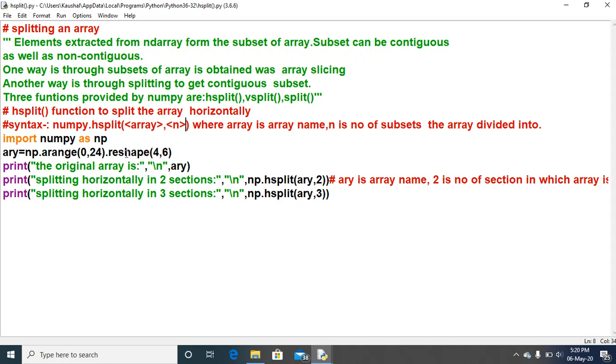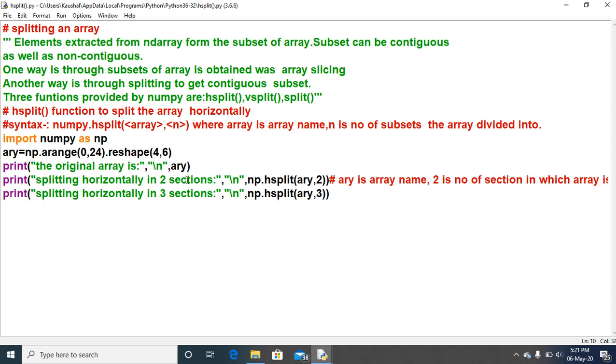And that array will be reshaped into 4 rows and 6 columns. Reshape(4,6) means this array will be divided into 4 rows and 6 columns, and we print the original array ARY. In what way will ARY display? I have taken the output for this ARY.